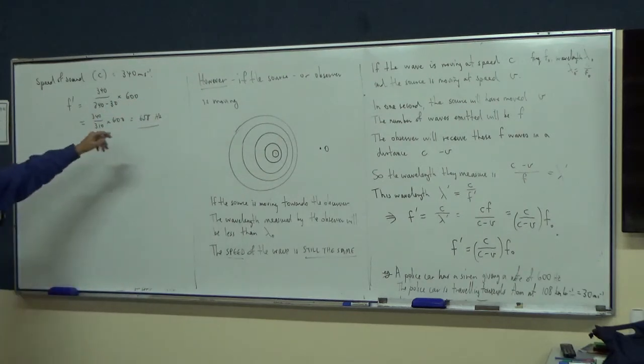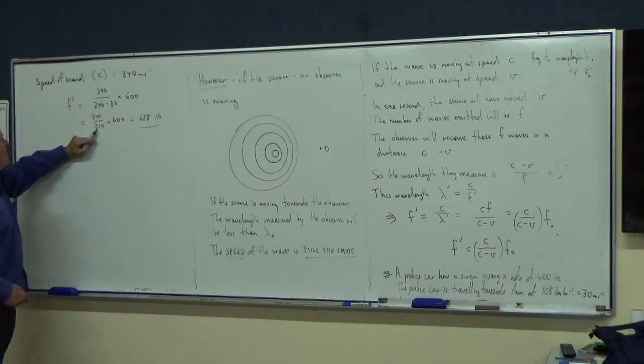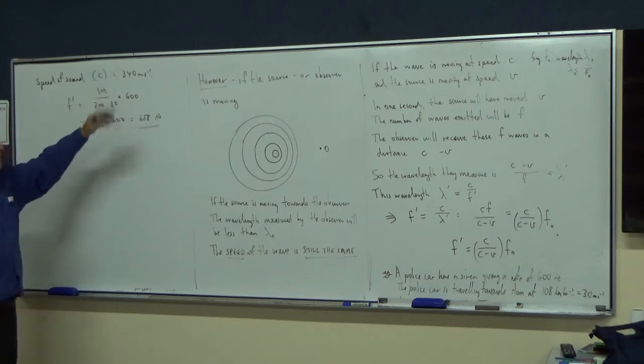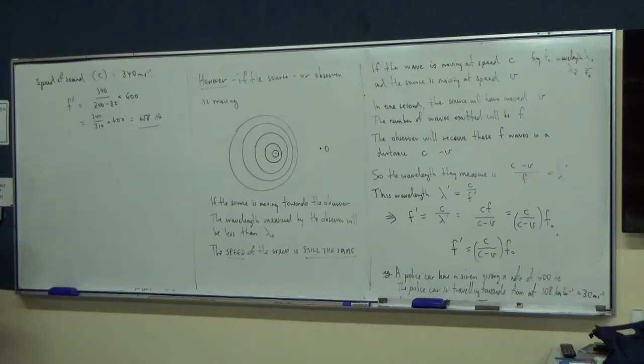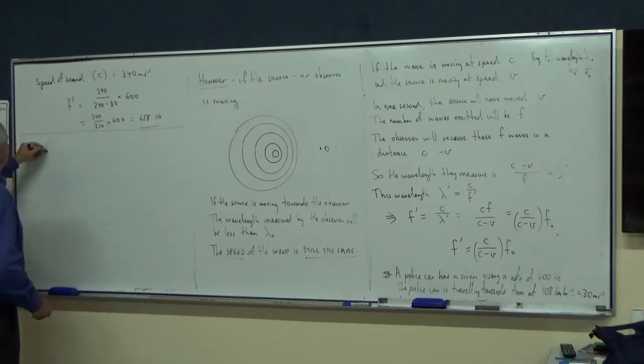Again, that's just an estimate, I don't know what the right answer is. 340 over 310 is 1 and 30 over 310, so just under 10% here, something like that. Okay. And if you calculate that, you might find 656 or something like that, that's okay. Alright, so that's the frequency if the police car